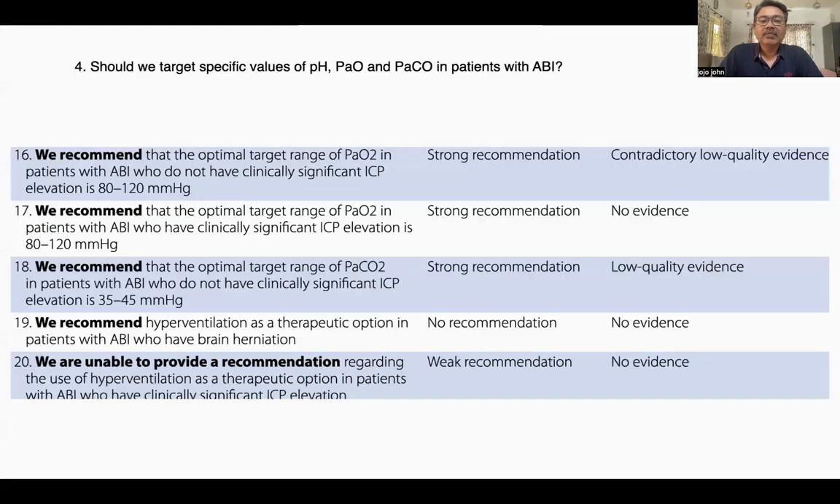What levels of pH, PaO2, and PCO2 are to be maintained? PaO2 between 80 to 120 is recommended. Hypoxia can be harmful. We now have evidence that hyperoxia can also be harmful. The optimal carbon dioxide is between 35 to 45. Transient hyperventilation when you have signs of herniation can be done, based on no evidence, but otherwise hyperventilation should be